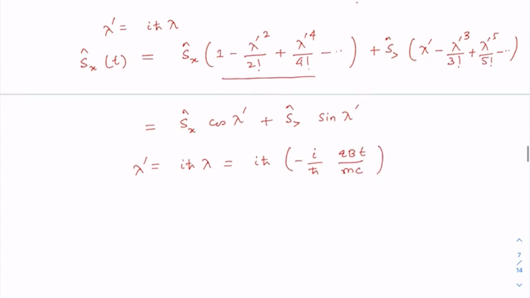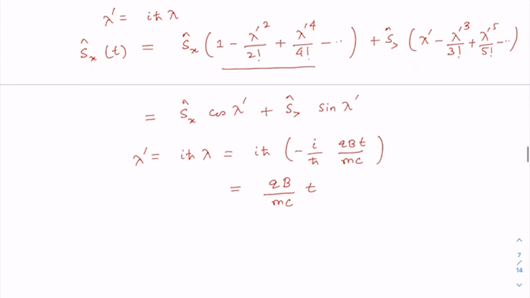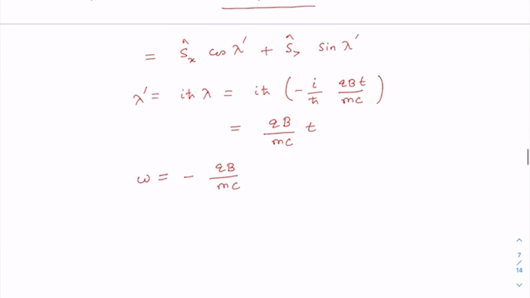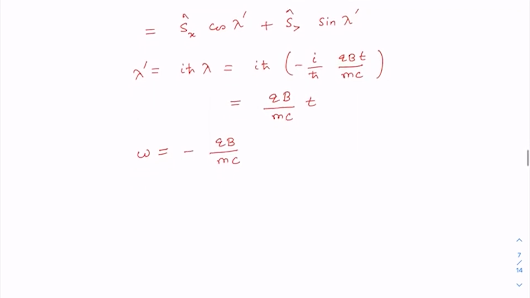So this is going to give me qB by mc into t. All right, but if I define my frequency ω as minus qB by mc, if I define it as angular frequency ω, then